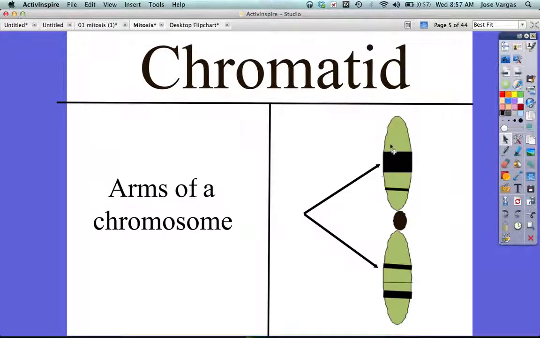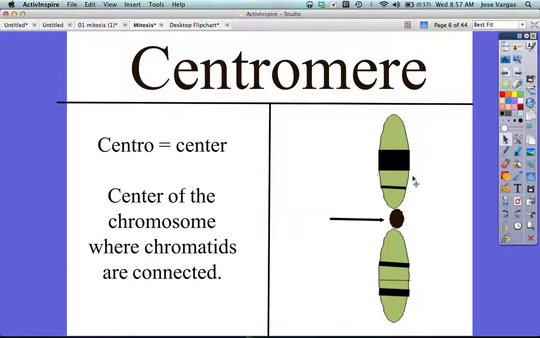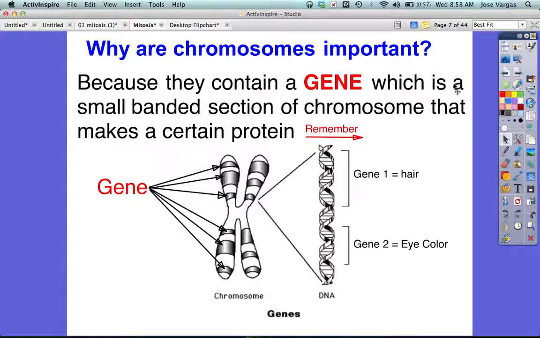And the arms of a chromosome are called the chromatids. So here are the chromatids. The centromere is the center of the chromosome where the chromatids are connected. And why are chromosomes so important? Well, they contain genes, and like we saw in a previous class,